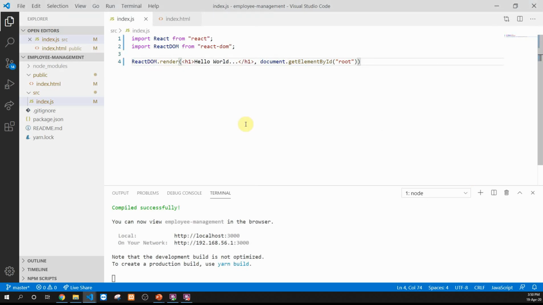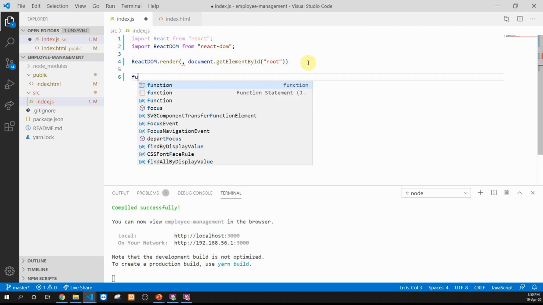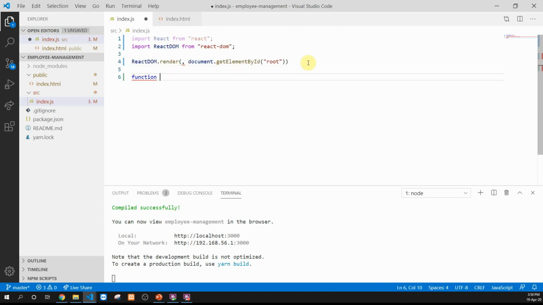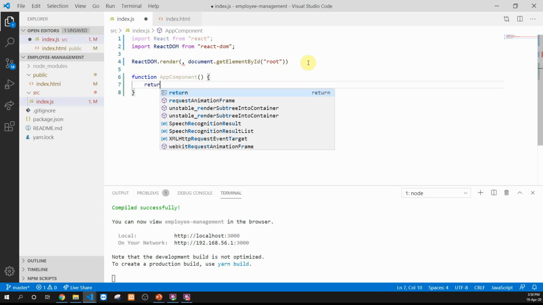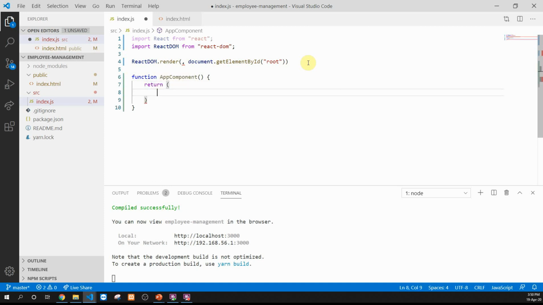Now I want to replace this simple h1 component displaying hello world with some complex component. So let's create a component in React using functions. I'll use a simple function in JavaScript in order to create a React component. So I'll say function app component, and I'll put return. Over here in the return, I'll just put the template which I want to render.